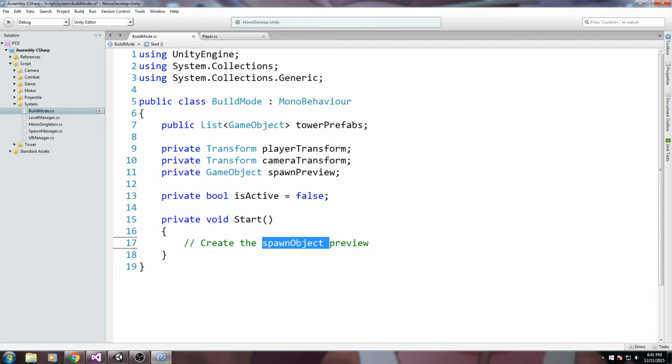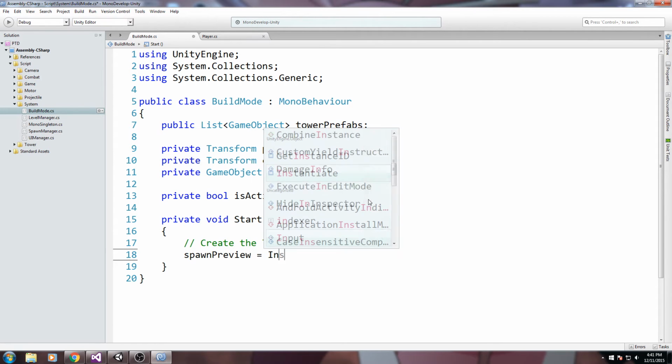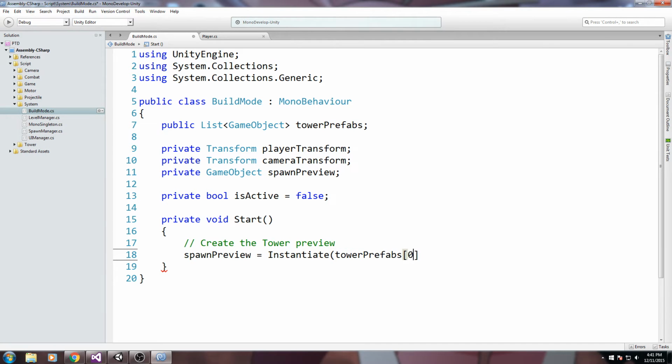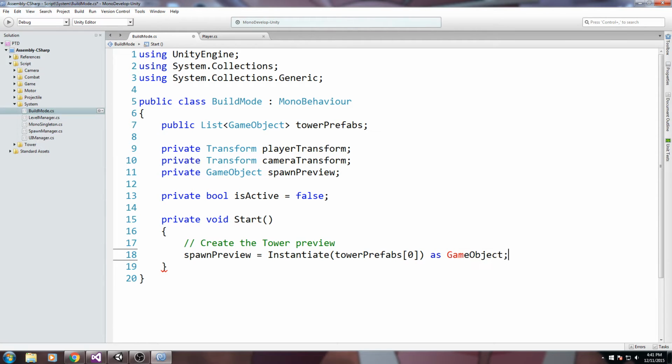We could call this create the tower preview. Simple as that. And we will do spawnPreview is equal to Instantiate. We're going to instantiate the tower prefab, the first one. And we don't really need any object right now, but I just like to instantiate something so we got something to work with. So let's go ahead and create the first